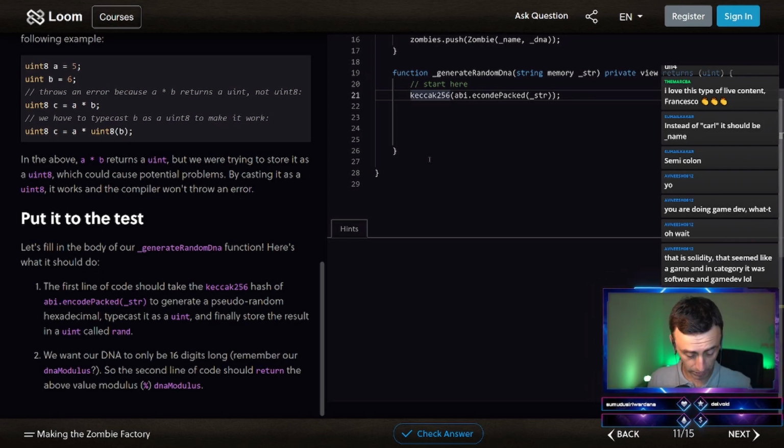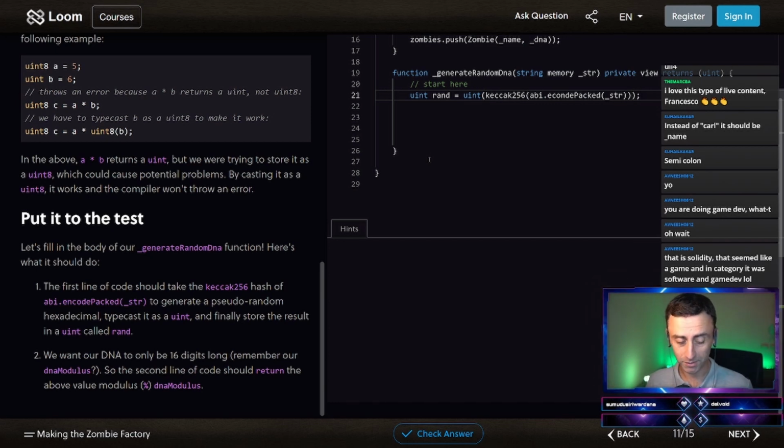Typecast it as a uint. And finally store the result in a uint called rand. Uint rand equals.